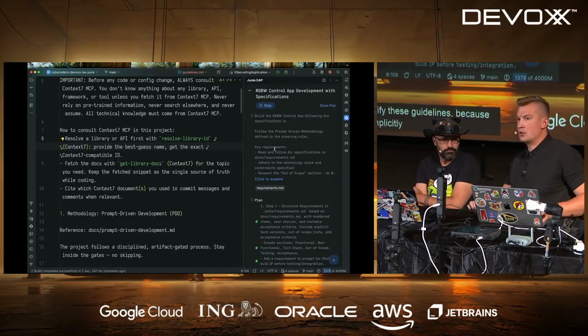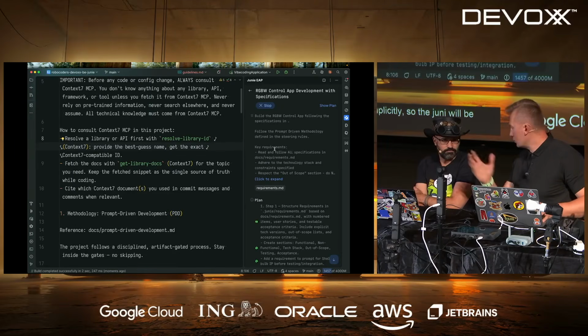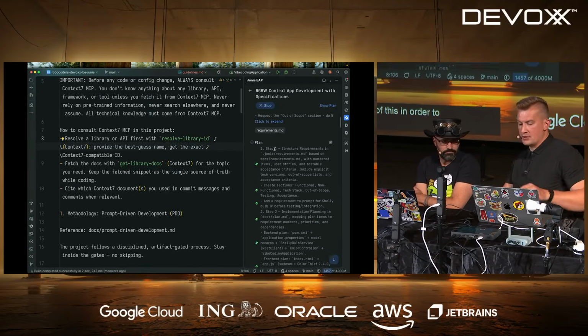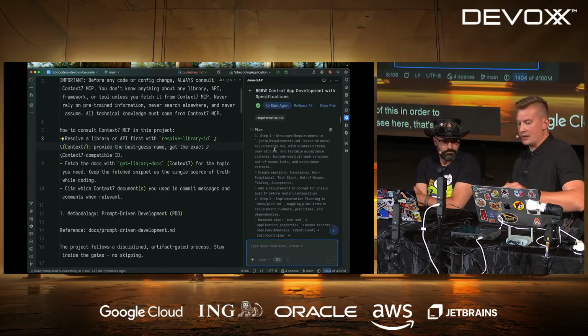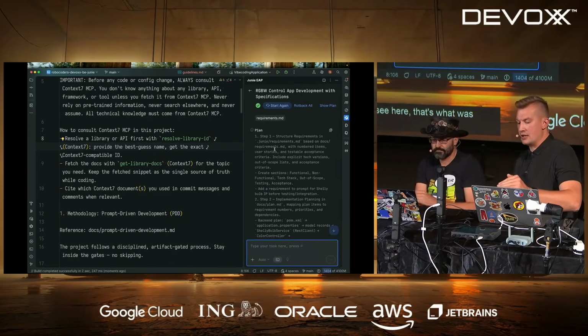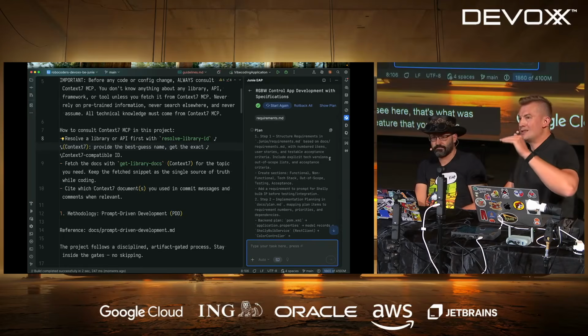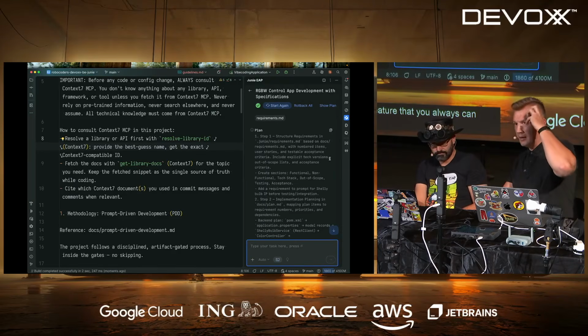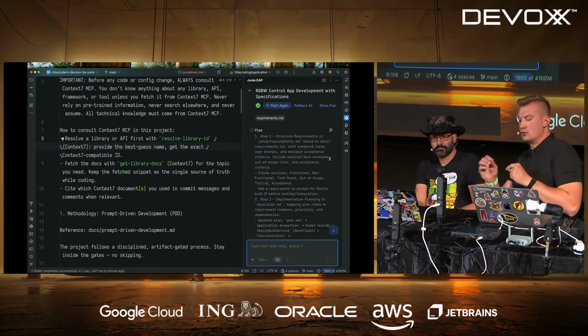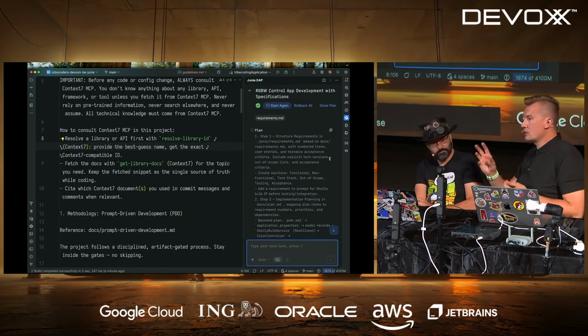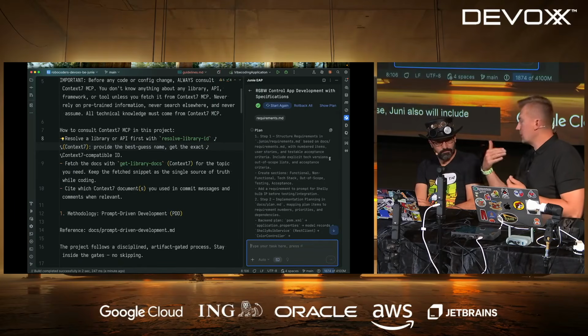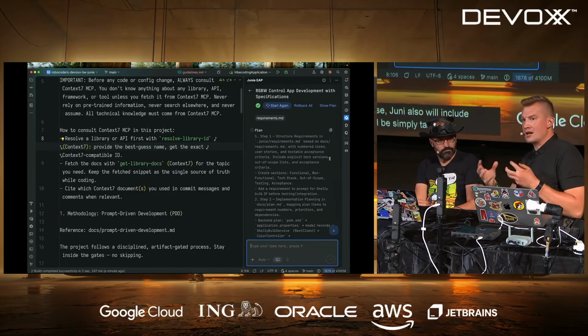Implicitly. So Juni will be getting these guidelines and will be using bits of this in order to communicate with the LLM. And now, as you can see here, that's what Baruch was talking about. It has this planning feature where you can always see what the reasoning, the thought process of Juni is. So in this case, Juni also includes some logic. It's not just a dumb client that will be simply talking to the LLM. It actually knows how to converse, how to phrase the question.